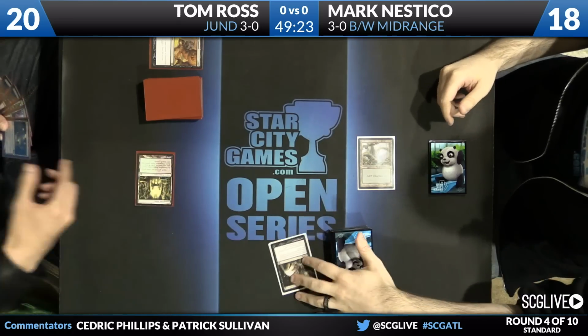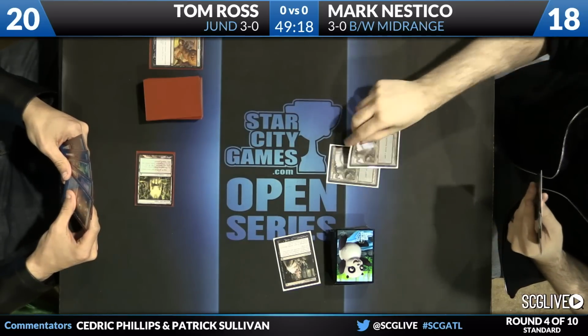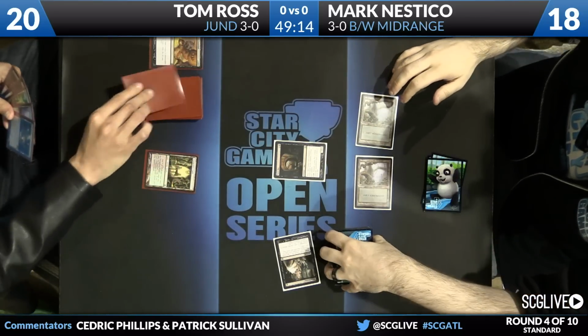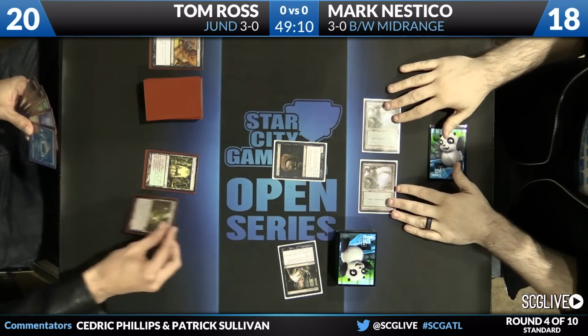Wants to get things started off here. Just an overgrown tomb and pass it back. Nestico, you see black-white mid-range, Orzhov mid-range, however you want to classify it. A deck that's been picking up a little bit here as he has Pack Rat on turn number 2. He has 4 copies of that along with Desecration Demon, Blood Baron, 3 copies of Lifebane Zombie in the main